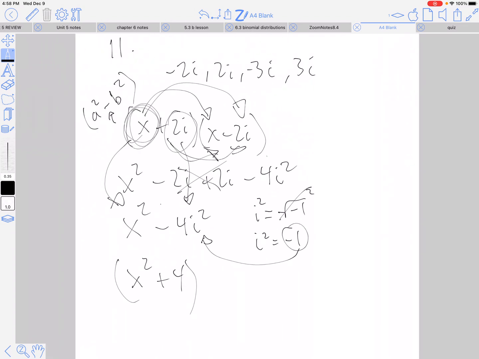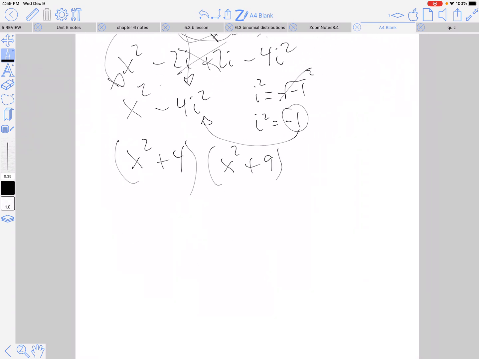Okay. Now, looking at this, we're going to have x plus 3i, x minus 3i, which means that we're going to have x squared minus 9i squared, but i squared is negative 1, so we'll have x squared minus 9 times negative 1, which is positive 9. And then we'll multiply those together. And these aren't conjugates, so you actually have to go through and multiply them, and then you'll get your final answer, which is x to the fourth plus 13x squared plus 36. So hopefully this helped. If you still have questions,